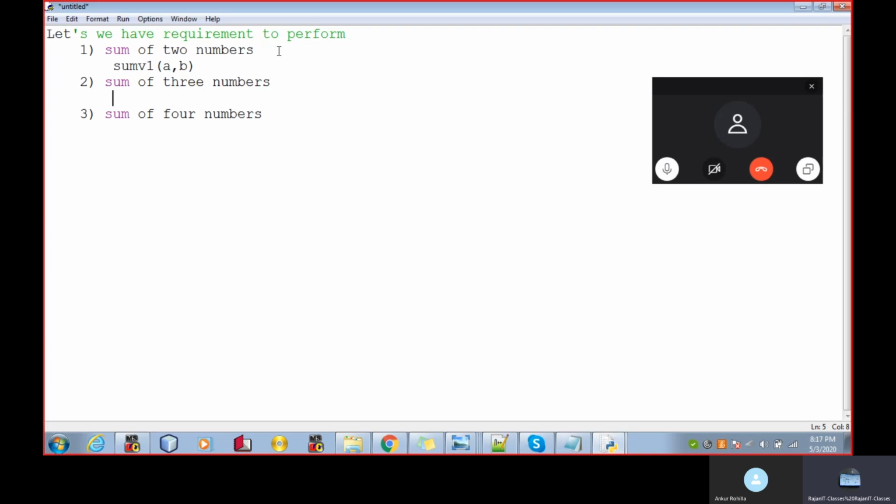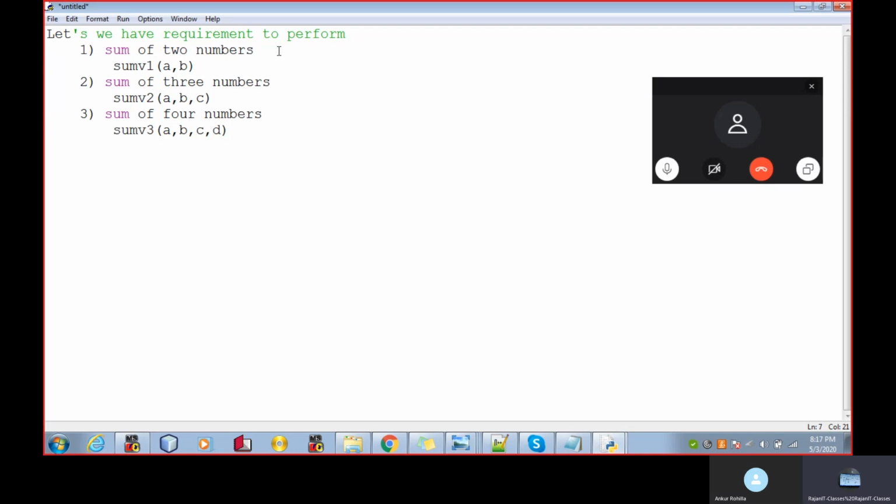For three numbers, you will make the function sum v2, and for four numbers, another one, sum v3 with a, b, c, d, right? So whenever the person wants to perform the sum of three numbers, he has to remember the name of the function is sum v2. If someone wants to perform the sum of four numbers, then he has to remember the function sum v3.